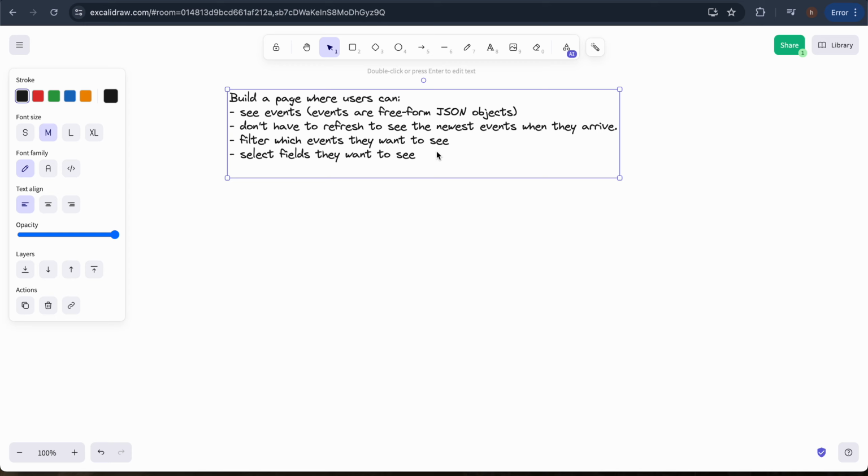Build a page where users can see events. Events are free-form JSON objects. Users don't have to refresh to see the newest event when it arrives. Users can filter which events they want to see, and users can select the fields they want to see. Okay, these are our requirements, and let's see